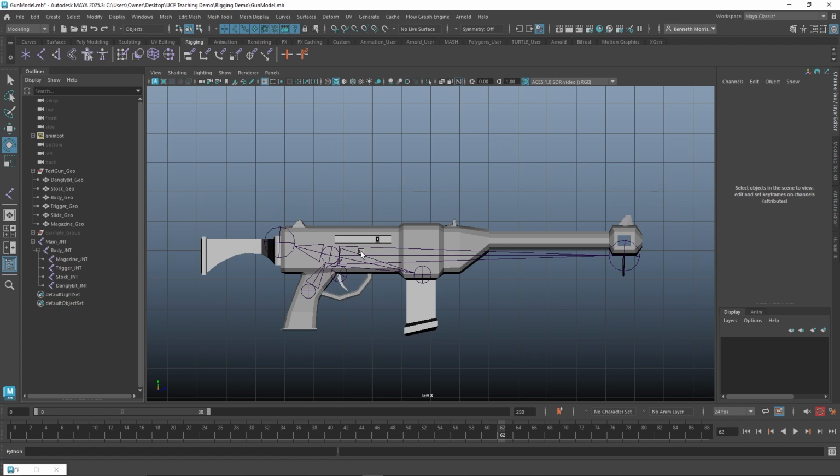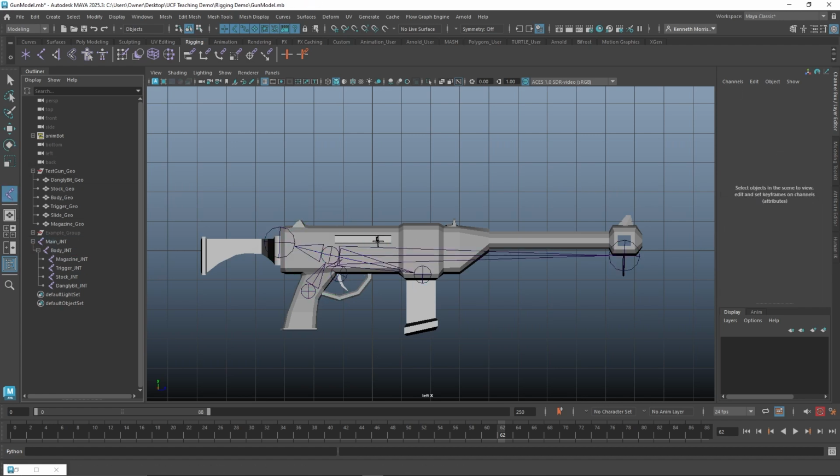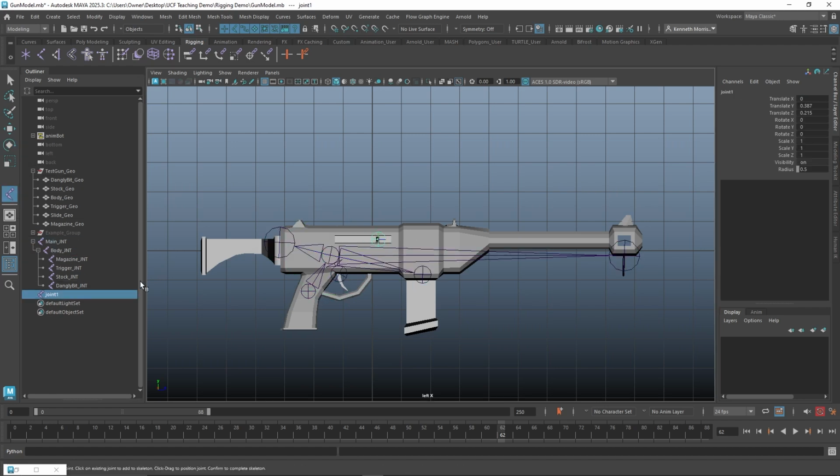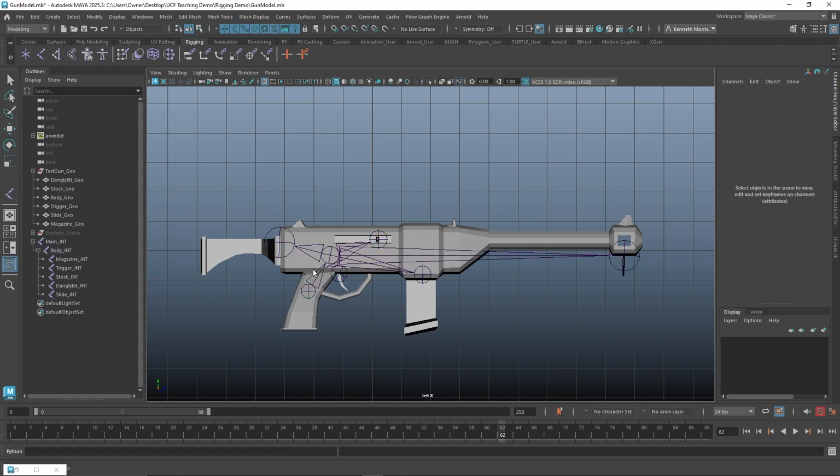So we have our joint... I did not get my slide. I forgot my slide. So I can just put that in there. Put that into body, and call that slide underscore JNT. Okay, there we are. We have a basic skeleton setup for our rig. But